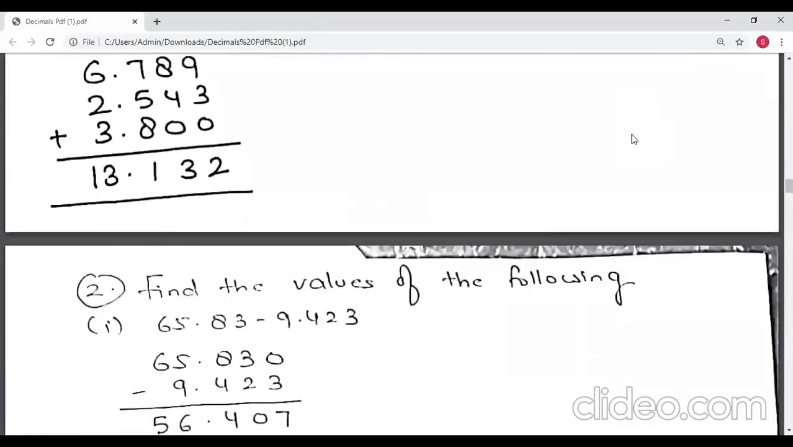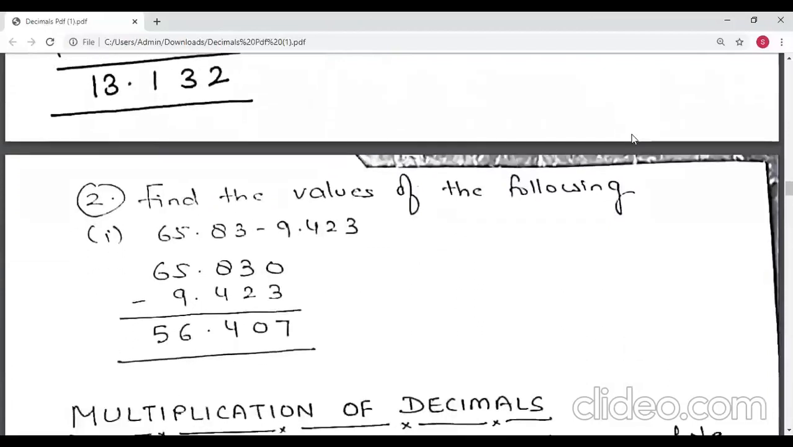The next question says find the value of the following. This question is based on subtraction. Here the bigger number is 65.83 and you have to subtract 9.423. So first of all, we'll write down 65.83 as 65.830 and then write down the next number under this number, 9.423. Subtract the numbers and get the answer as